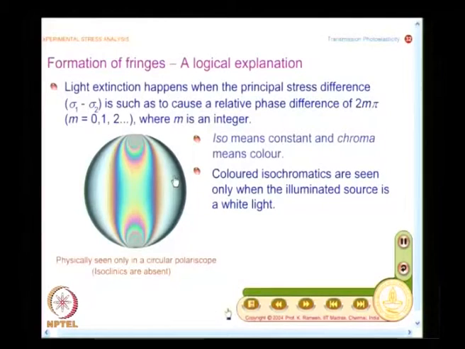And we have also seen why a fringe appears as a band. Only at those points where sigma 1 minus sigma 2 is exactly 2 m pi will you have plane polarized light coming out, and this is cut off completely by the analyzer, which is kept perpendicular to it. In other cases, the state of polarization will be different. You will also have a component along the horizontal direction, that is why you see the fringe as a band. There will be some small amount of light which your eye is not sensitive enough to distinguish.